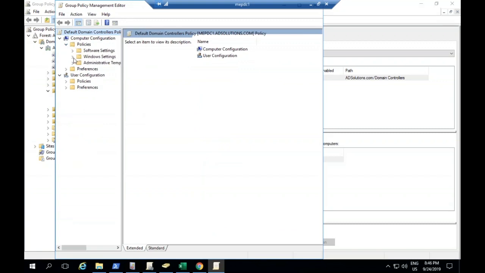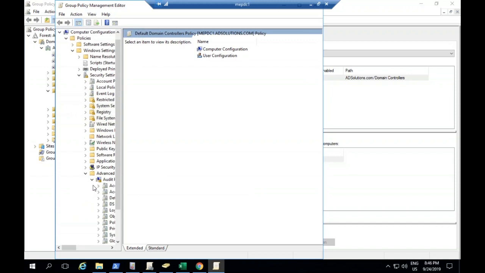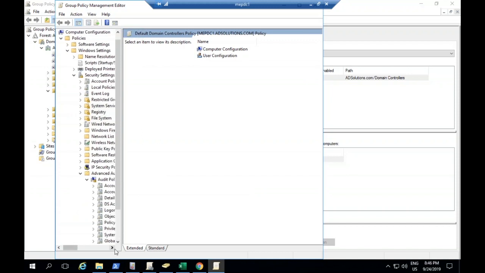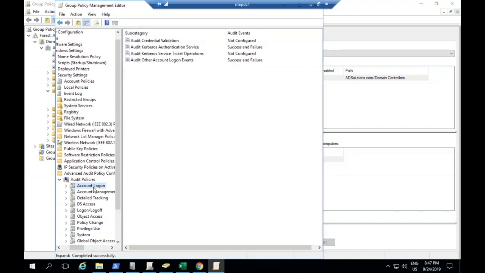So go to policies, go to Windows settings. We'll have to go to security settings. And over here you have advanced audit policies. And here you have all these categories. Okay, the first one, why we choose the advanced audit policies after the 2008 server operating system is because they